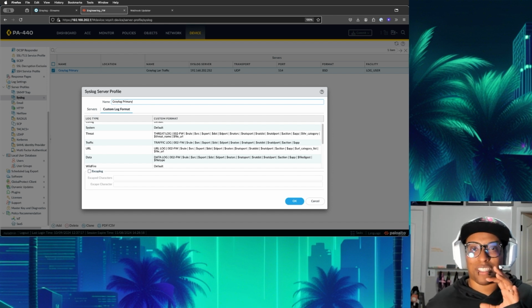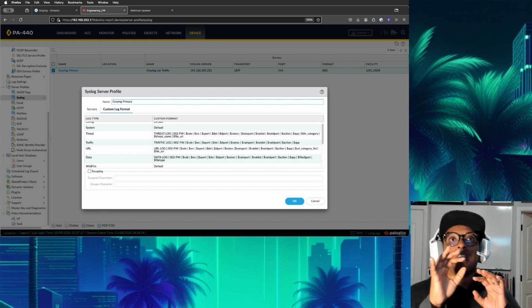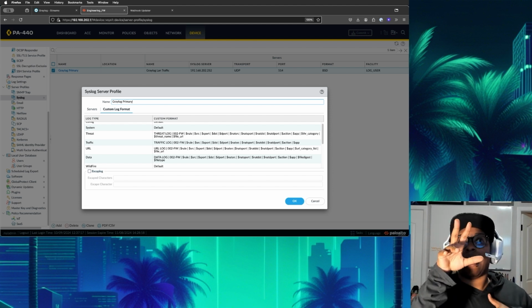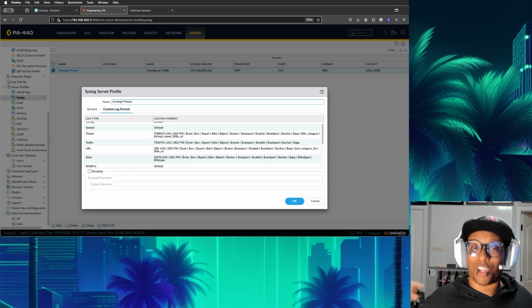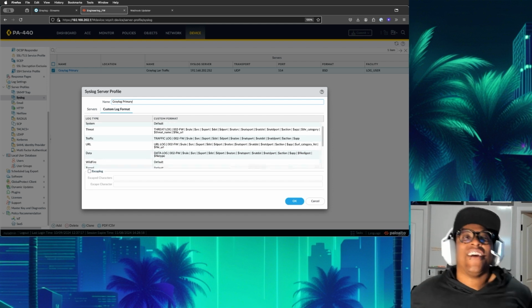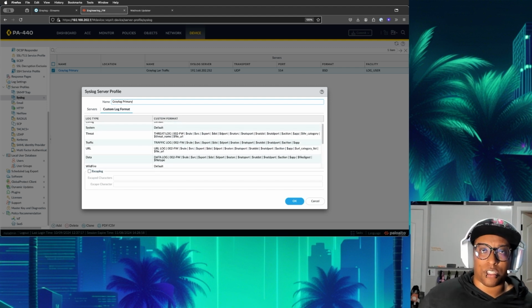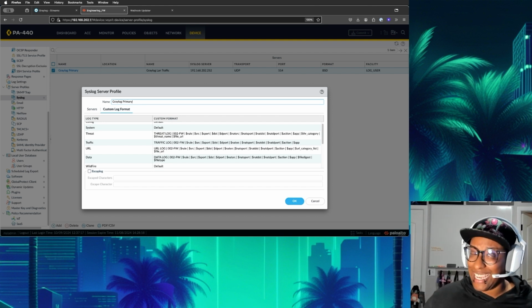And because I'm focused tightly here, I just wanted threat, traffic, URL, and data logs. Now, that being said, if I'm a sysadmin or maybe I'm the person that's helping with availability and things, the system and the config logs might be something worth sending to syslog. So now you have an infrastructure support use case potentially to get your boss to buy you Graylog. There's other stuff in here. There are things like decryption, tunnel, WildFire, etc. But I'm just sticking with these four log types for now